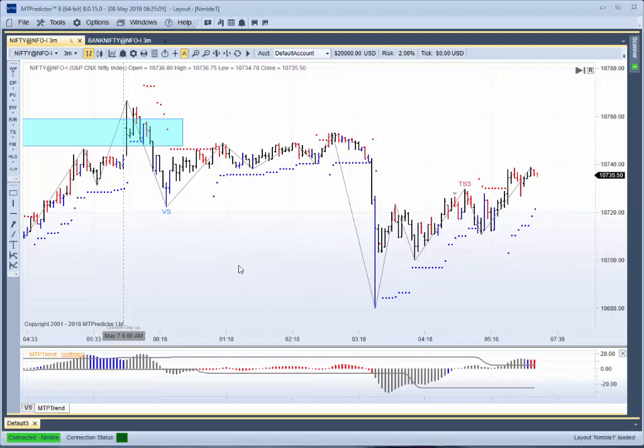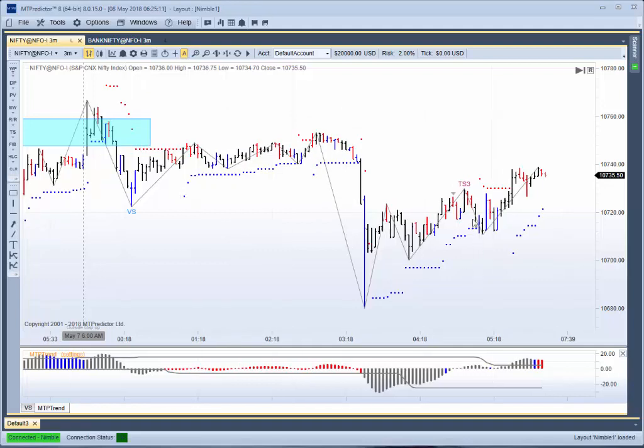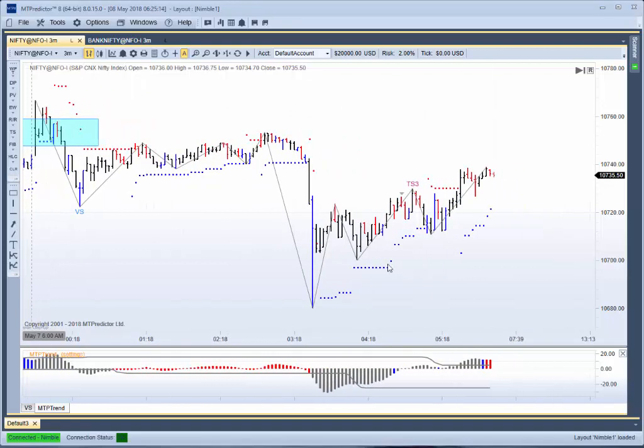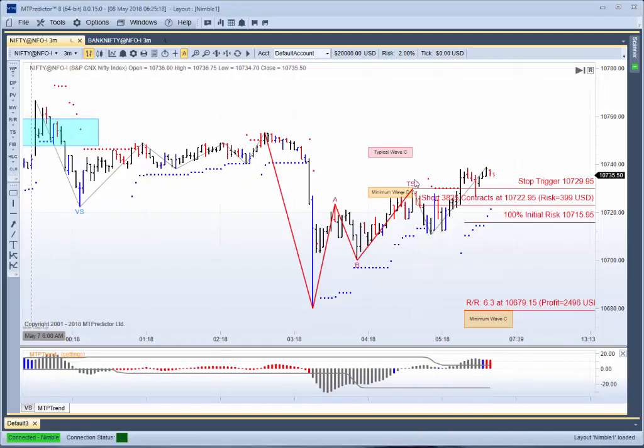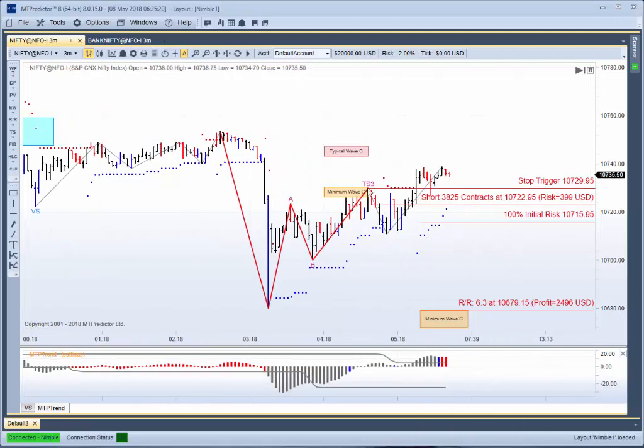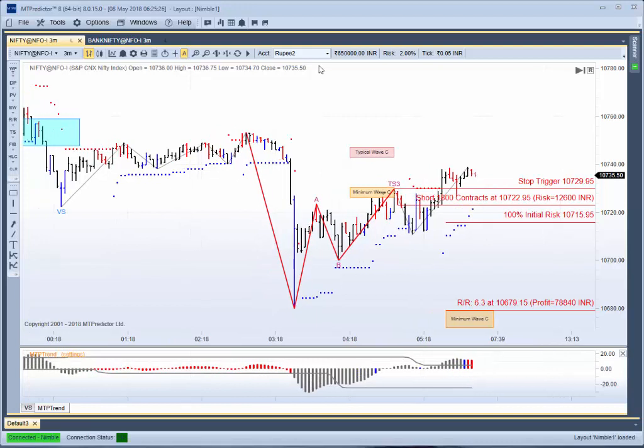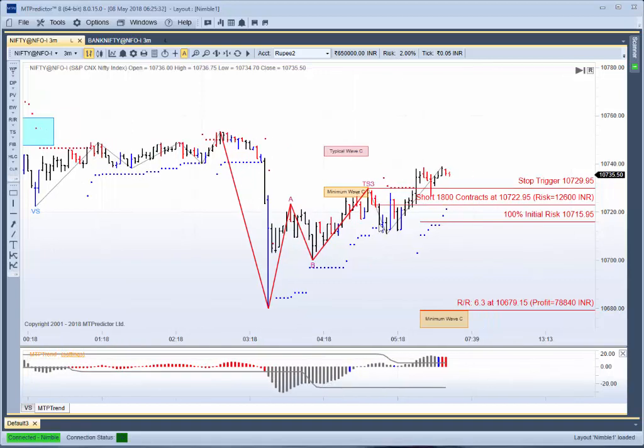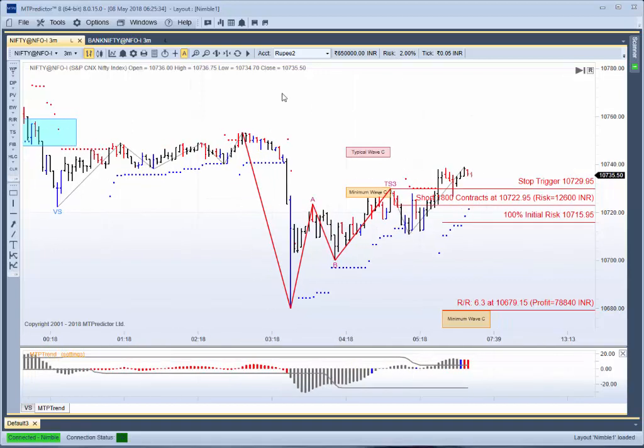So what we're looking for is sell setups. So you see there weren't any here early in the day. There was a couple later in the day that actually turned out to be losing trades. Remember, losses can and will and do unfold. This is why we have our position sizing to take care of the number of contracts. I'll just go in there and do a rupee account. You can see you can change the currency and the size of your accounts as well, and also the risk profile. So losses can and will and do unfold,